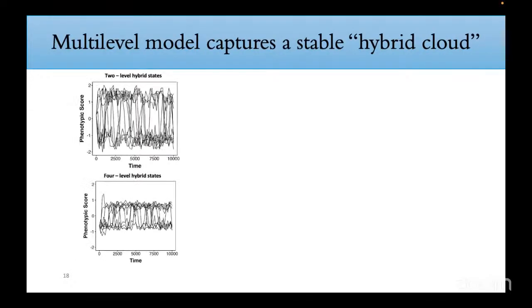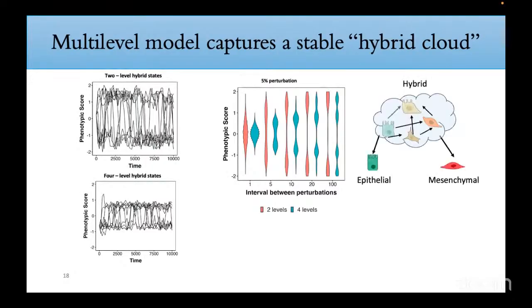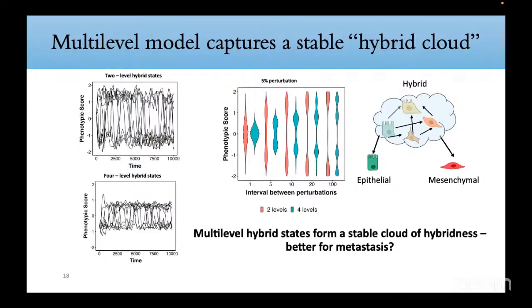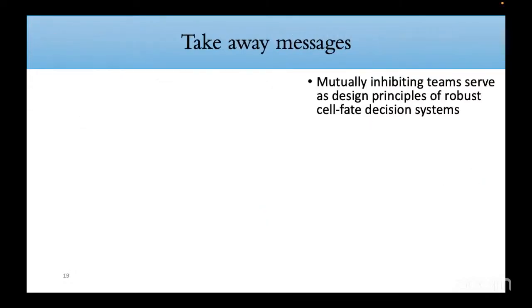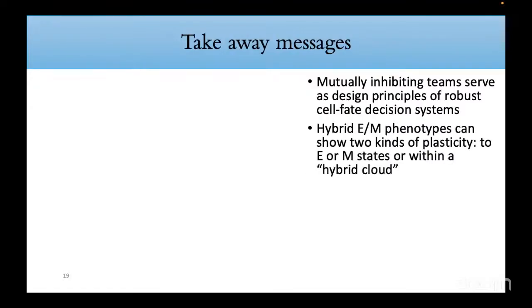We also tested this with more stochastic perturbations, and we found similar results. But basically, what we are saying is that you have these hybrid states, which form a heterogeneous cloud, and plasticity happens between these individual states. Each individual state is not actually very stable, but as a cloud, as a collective, they are more stable, which could be more fit for metastasis. So the takeaway messages are that mutually inhibiting teams serve as design principles for cell-fate decision networks,